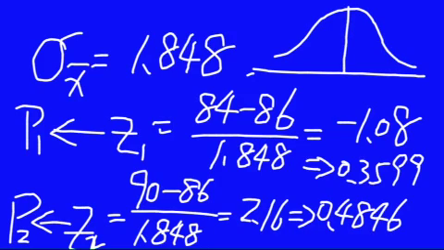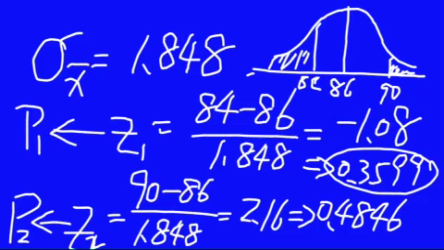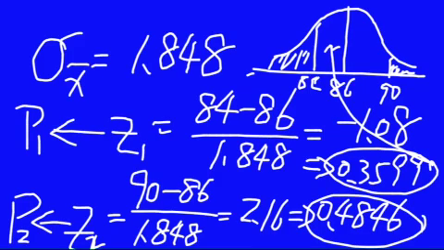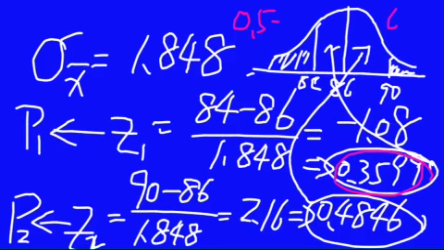And we found that in the middle it is 86. And 84 is here. 90 is here. We want to know the probability of this part and the probability of this part. And this number shows what is the probability of this. And this number shows the probability of this. So what we can do is to use 0.5 to minus this number, and use 0.5 to minus this number. And then we get